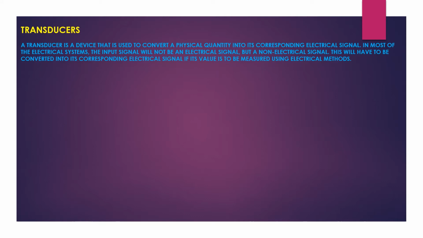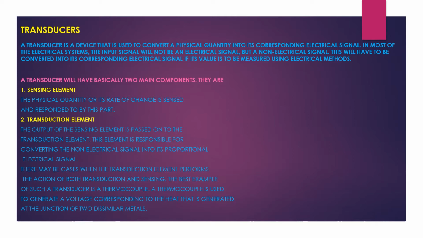In most electrical systems, the input signal will not be an electrical signal. As I said, it will be used for converting non-electrical quantity into electrical quantity. So the input signal will not be an electrical signal but a non-electrical signal. This will have to be converted into its corresponding electrical signal if its value is to be measured using electrical methods. Basically, a transducer will have two main components, and they are the sensing element and the transduction element, as shown in